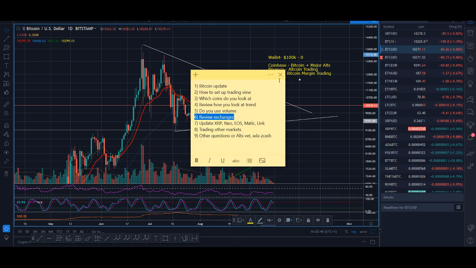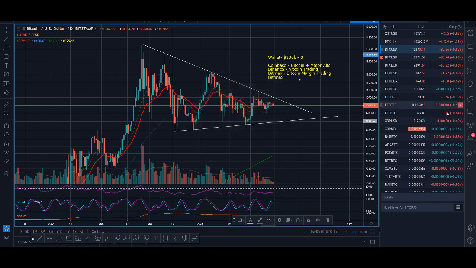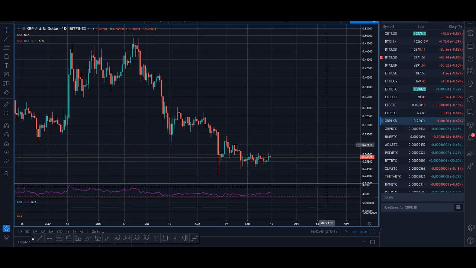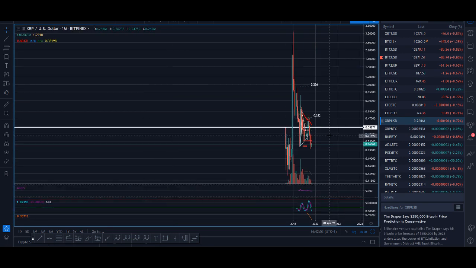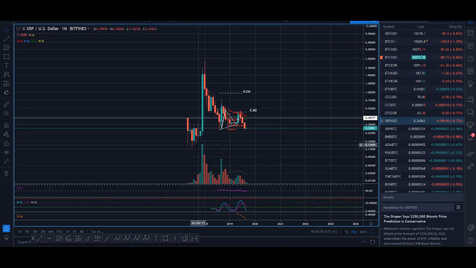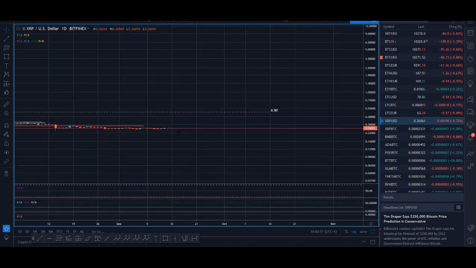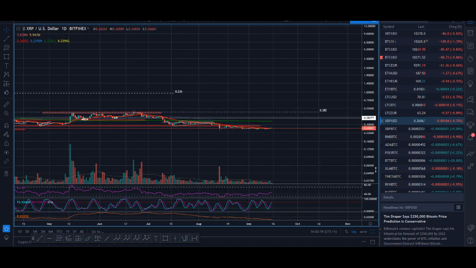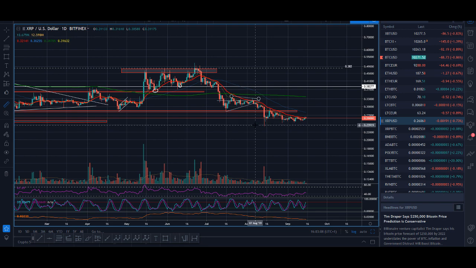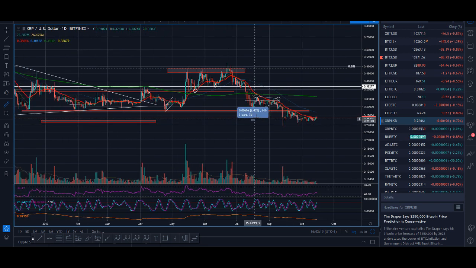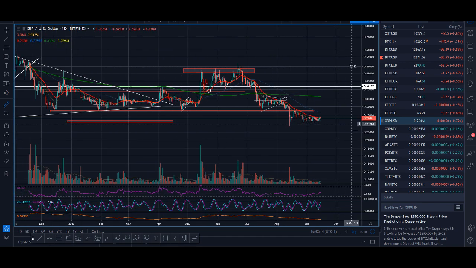Right, let's have a look at some altcoins. So XRP. Again, if you're trading long term, I made a video that I bought XRP for a quick bounce here. I sold XRP. I think I made the video. I'm selling all my XRP here, and it dumped like 27%. And when it came to this red zone, I bought some XRP for a nice 10% gain, and that was a nice little trade.